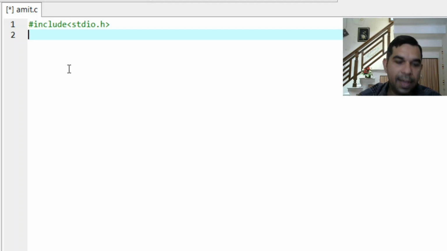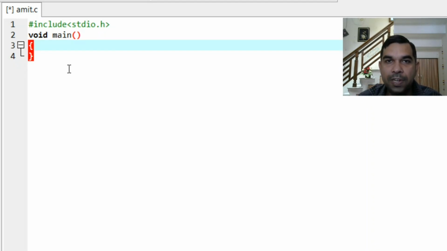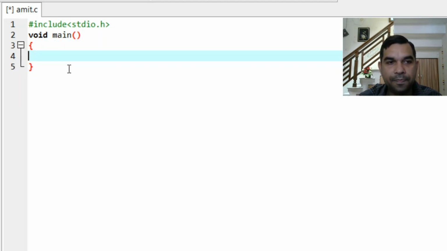And then the very next line is void main function. Again, this is the second line of every program. Our whole program is written as the body of this main function between these two curly braces. Okay, I hope you are getting it. Now whatever is written in this body is the main program.